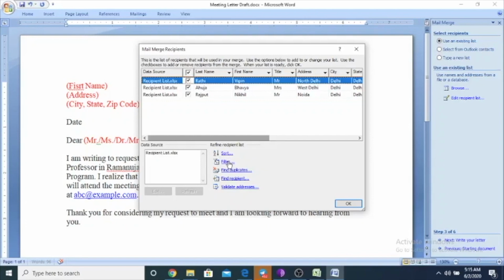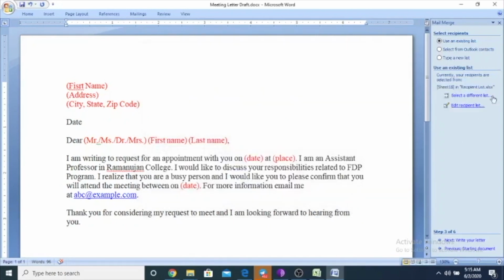For those recipients whose values are filtered out, or hidden, the letter is not going to print. I am not doing any such activity right now.